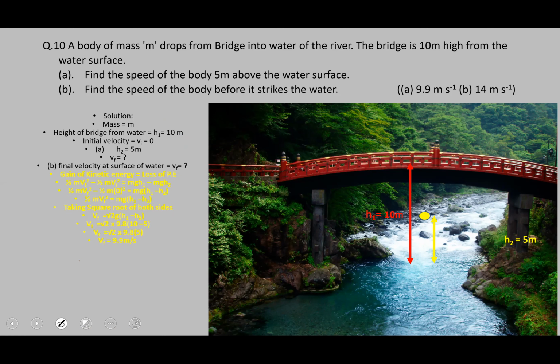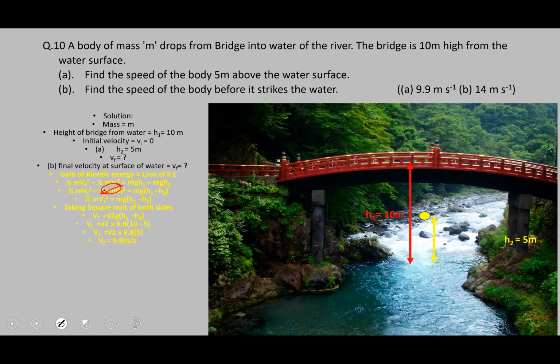Now for the first case, at this height, the gain of kinetic energy is equal to the loss of potential energy. That means half m vf square minus half m v initial square is equal to mgh1 minus mgh2. Putting in the values, because we know the initial velocity was 0, this whole term becomes 0. So half m vf square minus 0 is equal to mgh1 minus mgh2. Half m vf square is equal to mg taken as common,